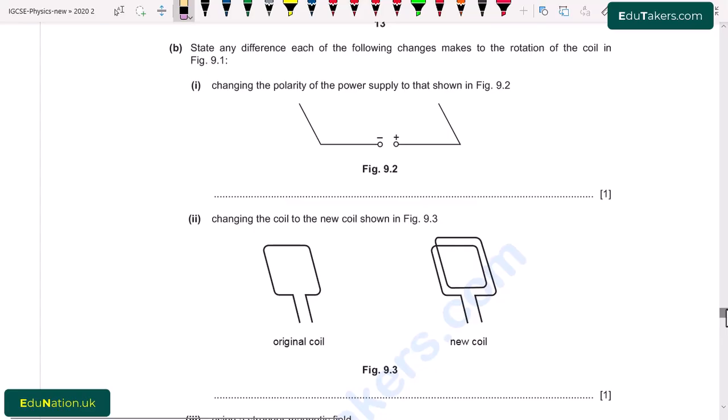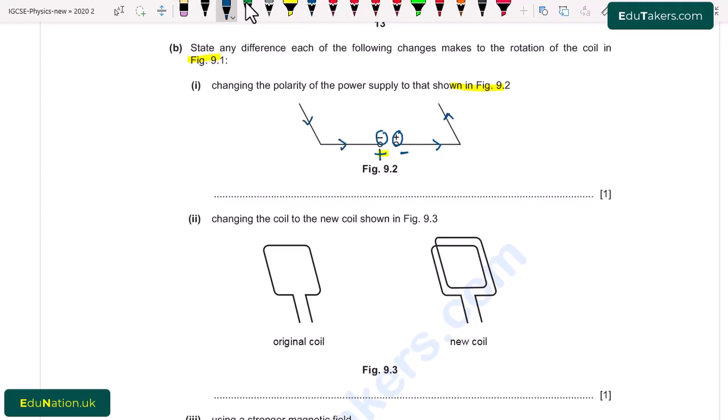Okay, part B. State any difference each of the following changes makes to the rotation of the coil in figure 9.1. Part 1. Changing the polarity of the power supply to that shown in figure 9.2. In the first figure, it is positive while it's negative. But in this figure, it is shown that it is negative and it is positive, that we just change the polarity of that supply. And we know that the current flows from positive to negative terminal, in this case it flows in this direction,